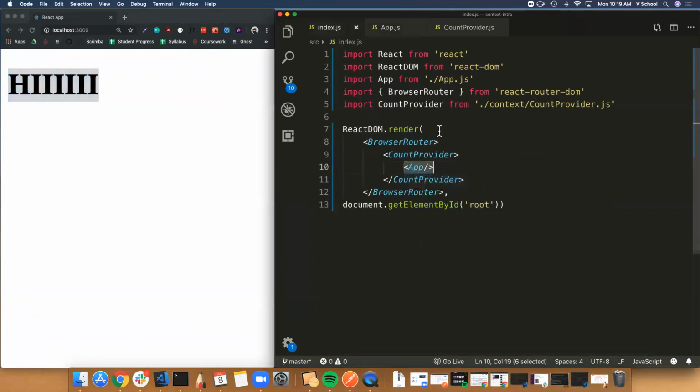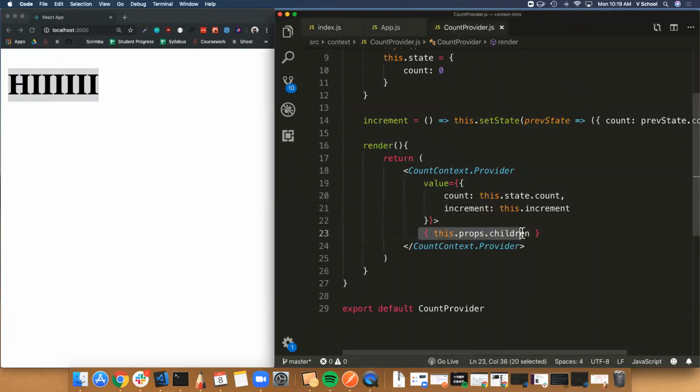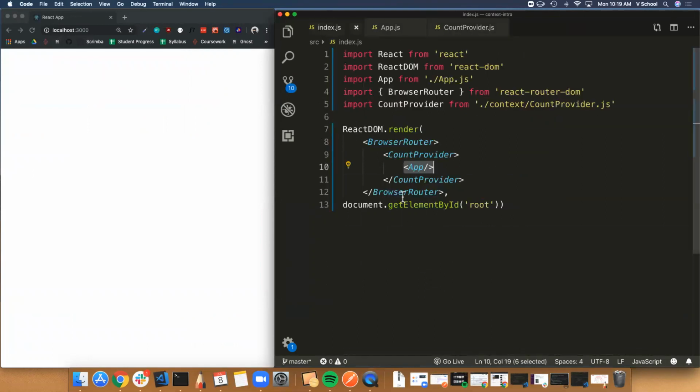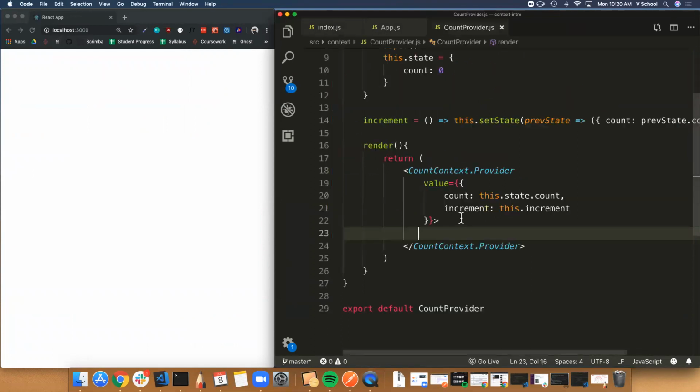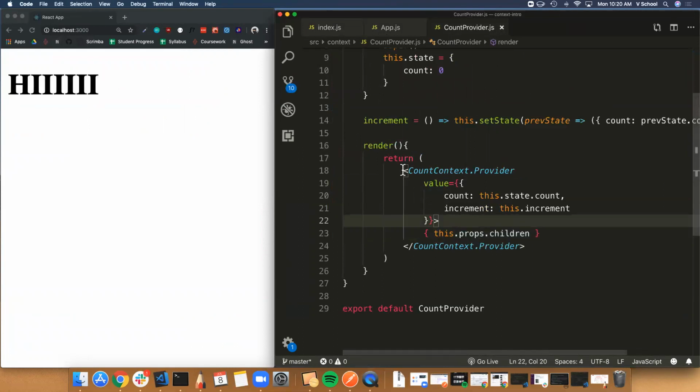But if I go to my account provider and I say, don't return anything, now the rest of my app never loads. Because I didn't tell this account provider to wrap around something else. So this never got read or loaded. So if I don't tell my account provider to return this.props.children out of this wrapped component, my app will not load. Okay, so the next part